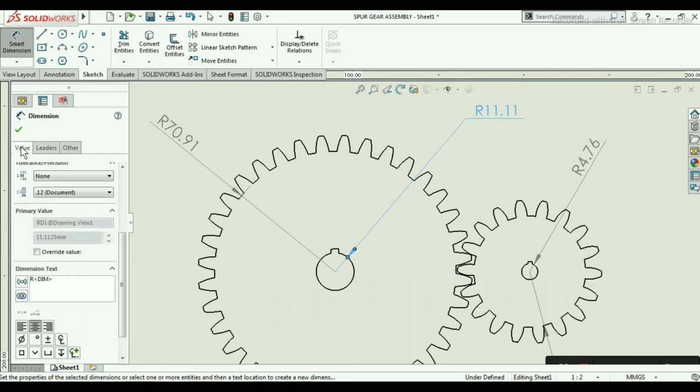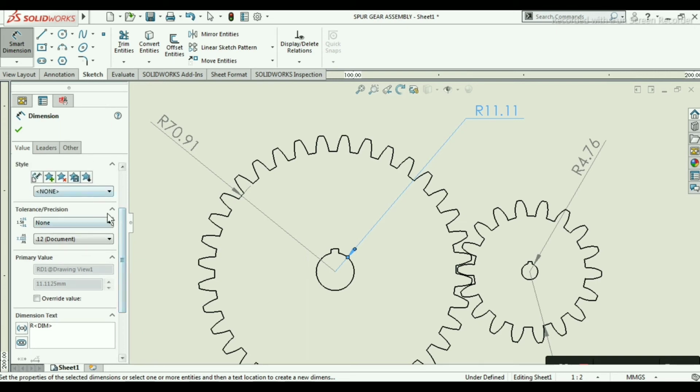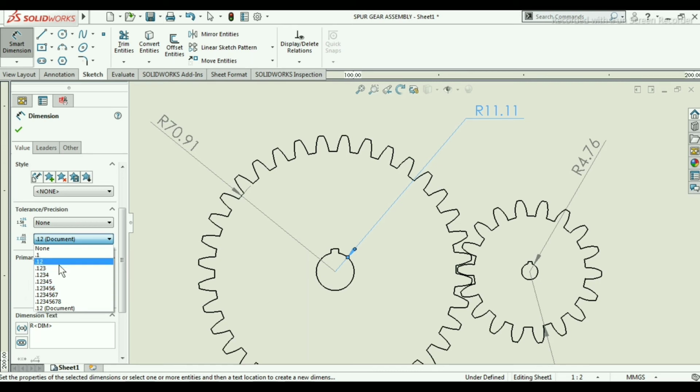And in the value section, if you check this, here you can add the tolerance or precision. So I'm not keeping the tolerance. You can select any from this. I am selecting none, and here they are asking for the unit precision. So according to your choice, you can add this unit precision.